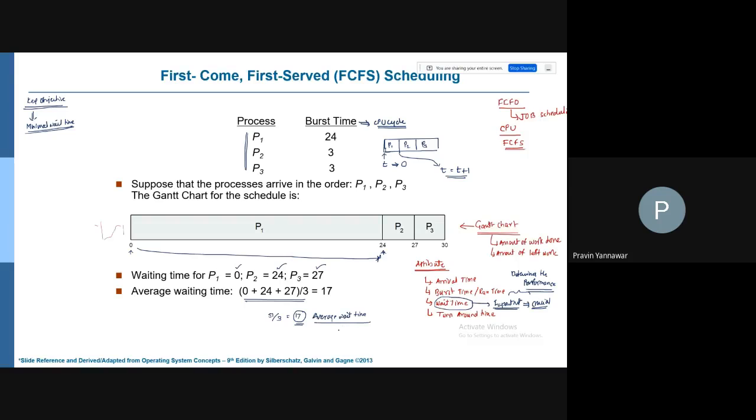Okay, so the average wait time is nothing but the sum of the waiting time of the ith process. For every process, whatever the waiting time is, you are going to compute it. So i equals 1 to n, and this is going to be multiplied by 1 by n. Or in short, you can modify it as the sum of wait time of i, for i equals 1 to n, divided by n. n is nothing but the number of processes in the ready queue.